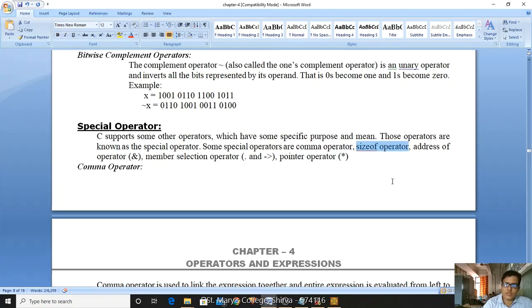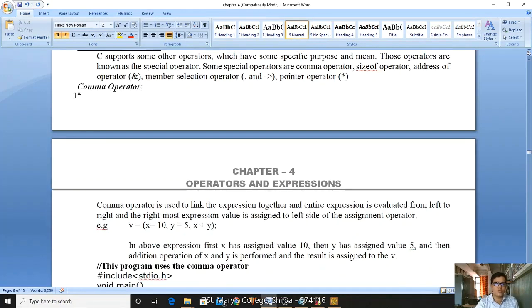By using sizeof, you can calculate the number of bytes occupied by your data types and variables. Next is the address-of operator, by which you can identify the address. Then the member selection operators, dot and arrow, which are used in another concept. And the pointer operators, which you use if you want to access pointers. First comes the comma operator.